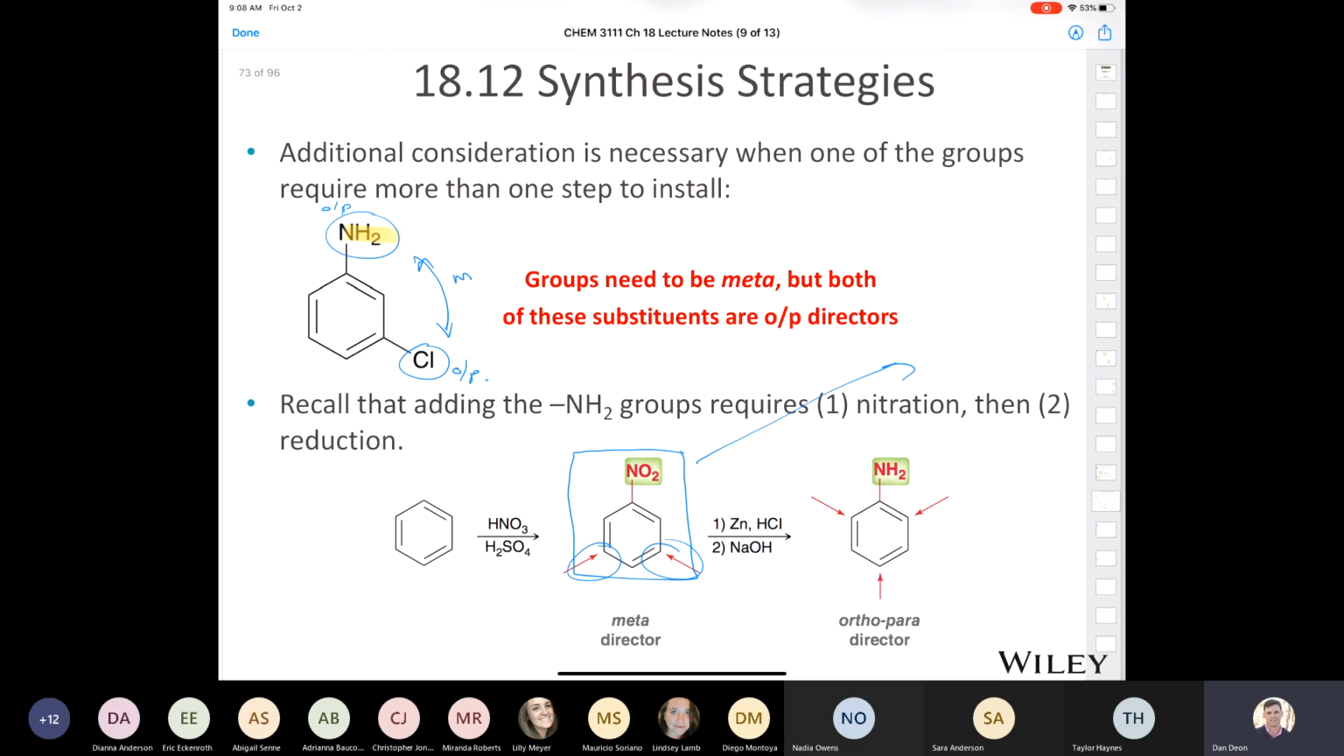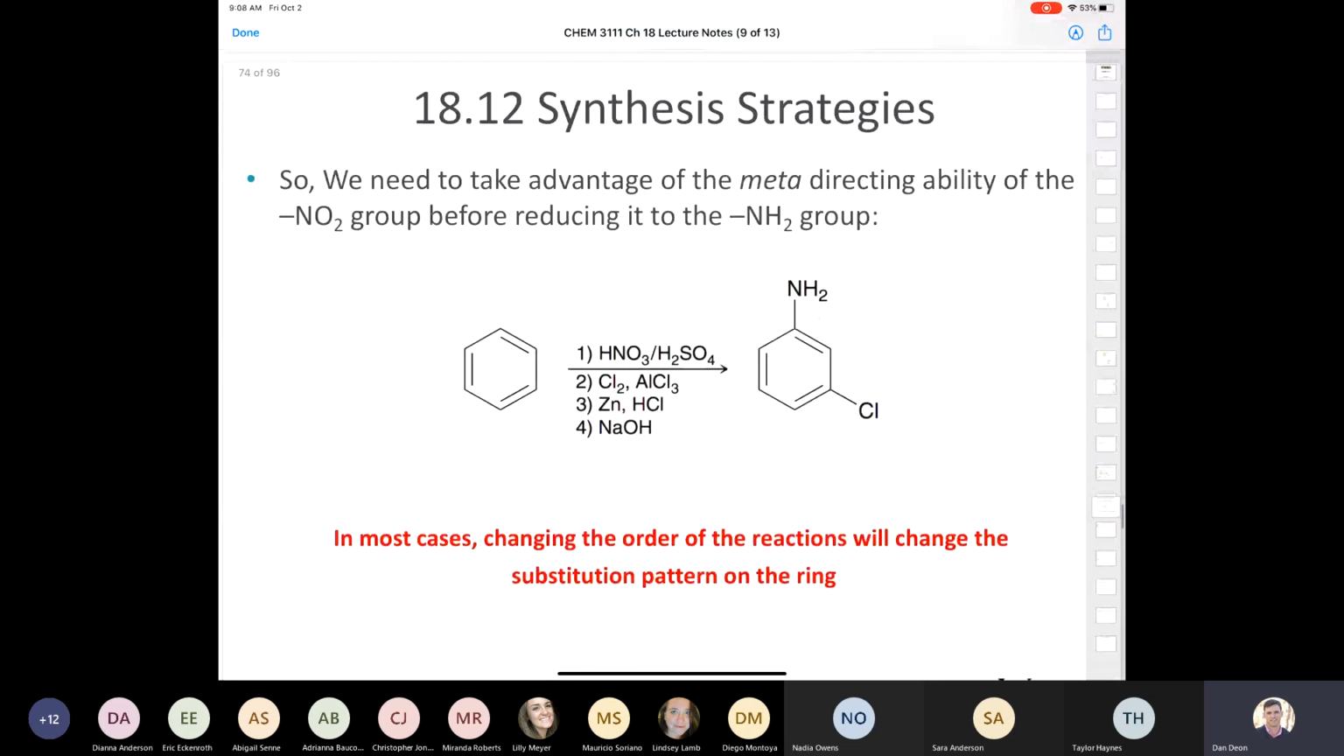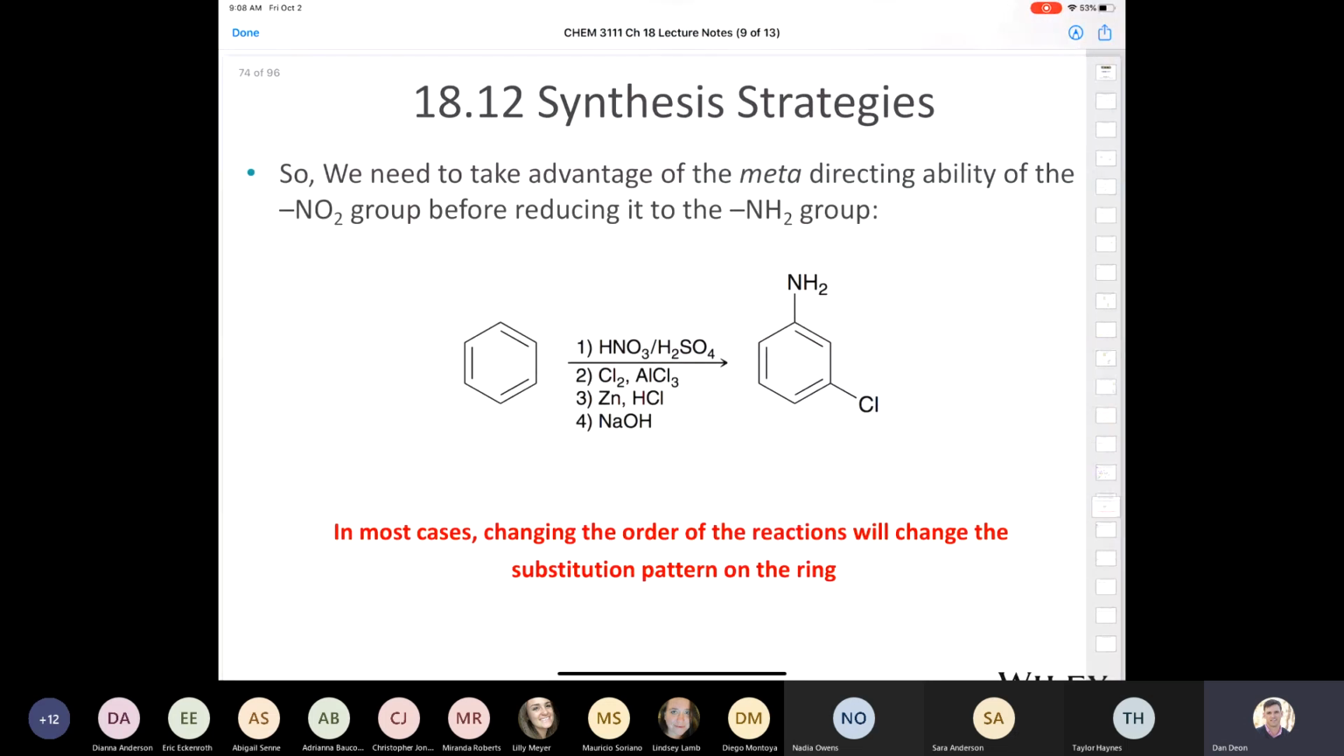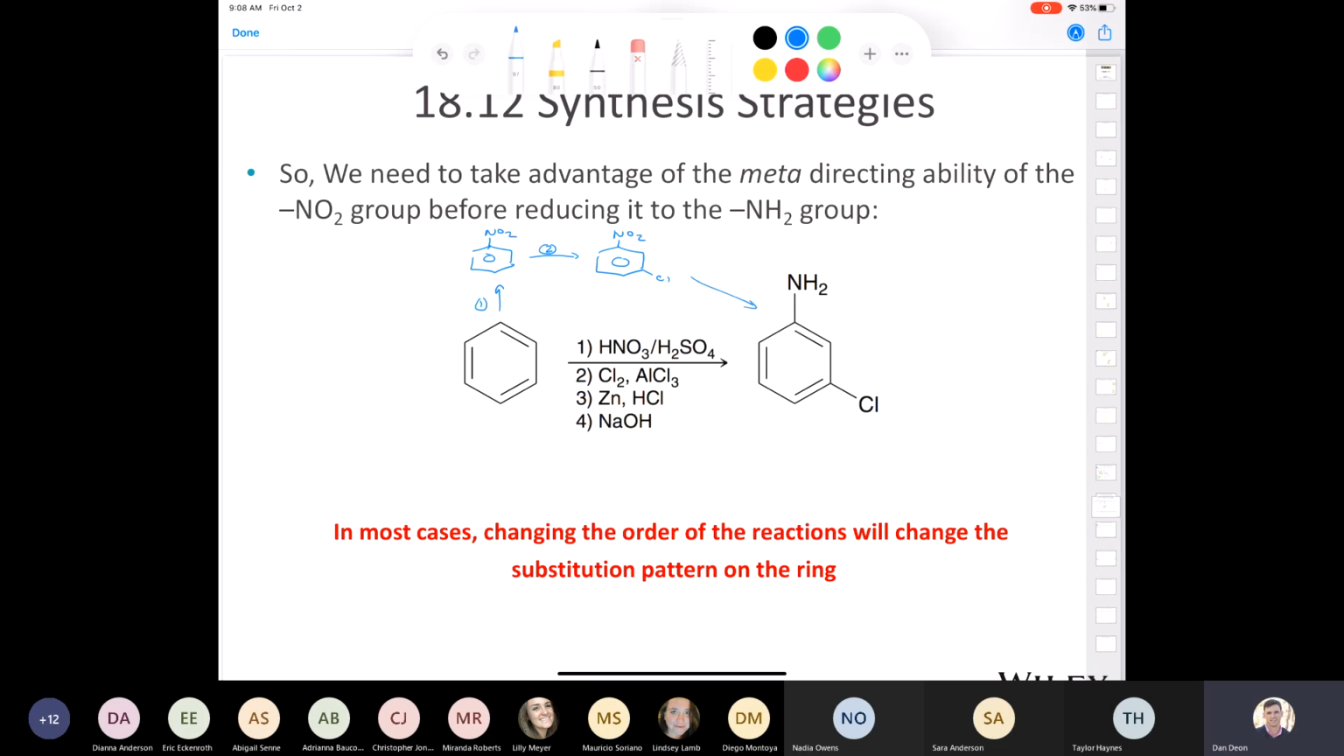Okay? And if you're wondering, what do you mean by that exactly? Well, that's what's shown right here. So first, in the first step, you would treat that with nitric acid and sulfuric acid. And in step 1, you would end up making the nitro product. I'm just kind of walking you through it here a little bit. Then you would chlorinate that. So step 2, and you would chlorinate at the meta position like that. Okay. And then step 3 and 4, you do the reduction followed by the basic workup to remove the